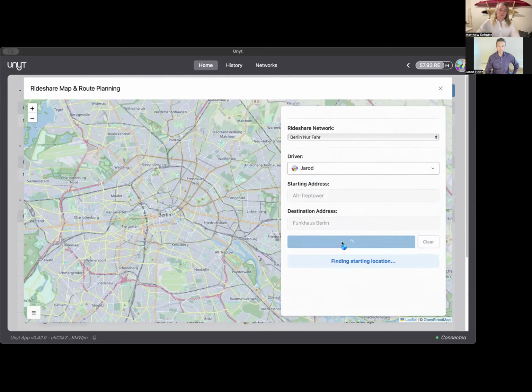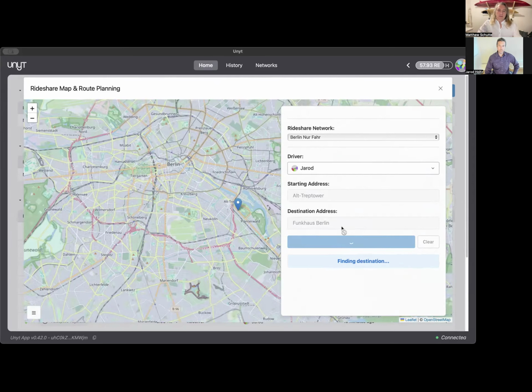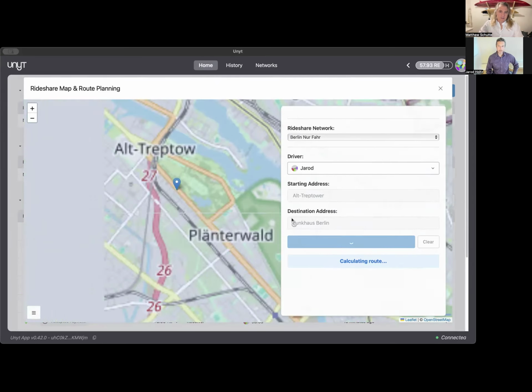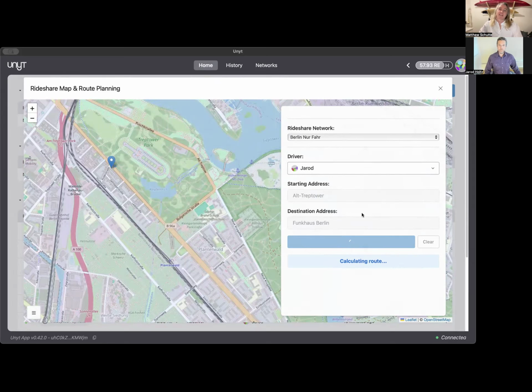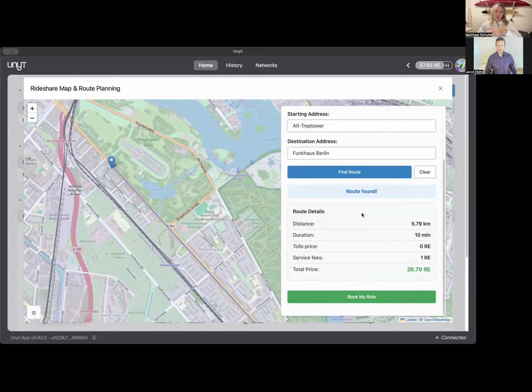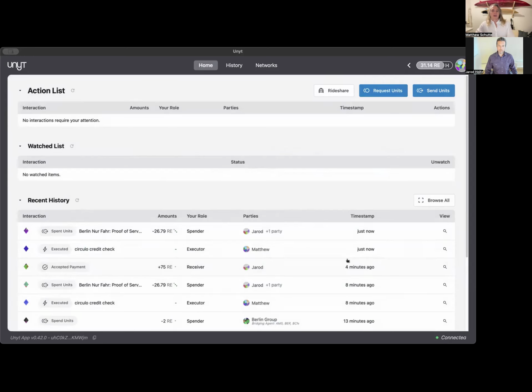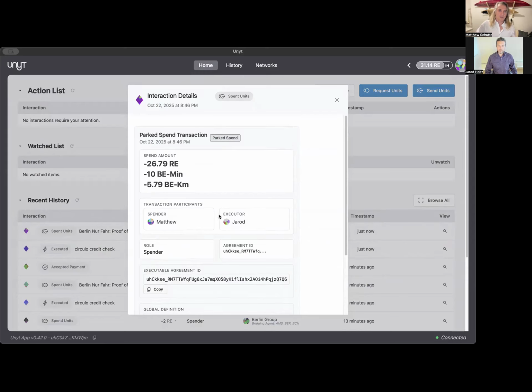And we're going to find a route, right? Now, it's finding the starting point, it's finding the destination, it's calculating the route. That's just pulling back from the map software, basically. And it says, hey, distance is this, duration is that, total is blah, blah, blah. Sounds good to me. I'm going to go ahead and book that ride, right? Now, if I go ahead and look at those details a little bit, what did we have? We had